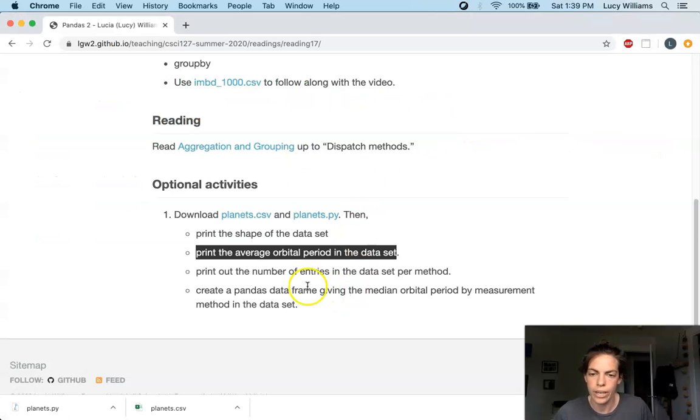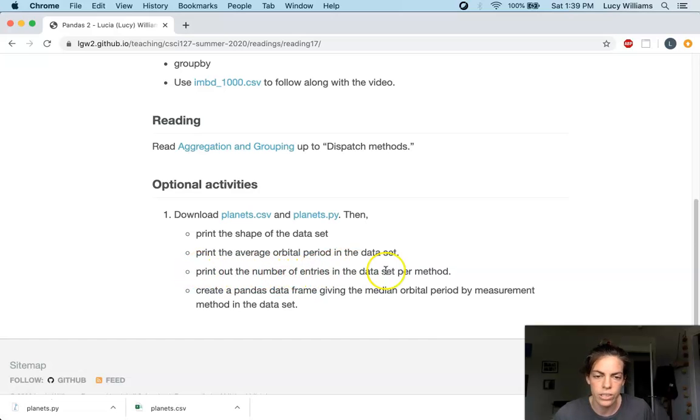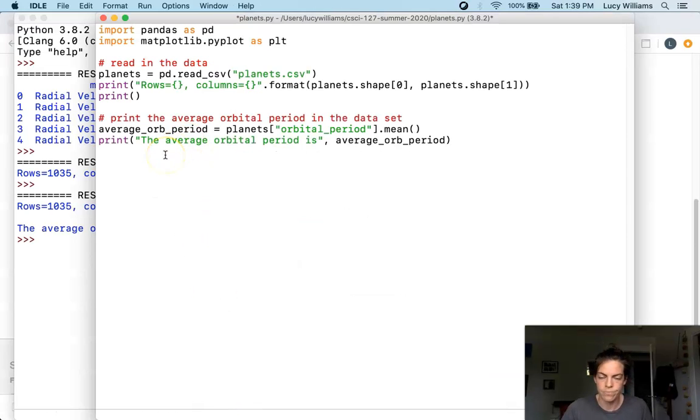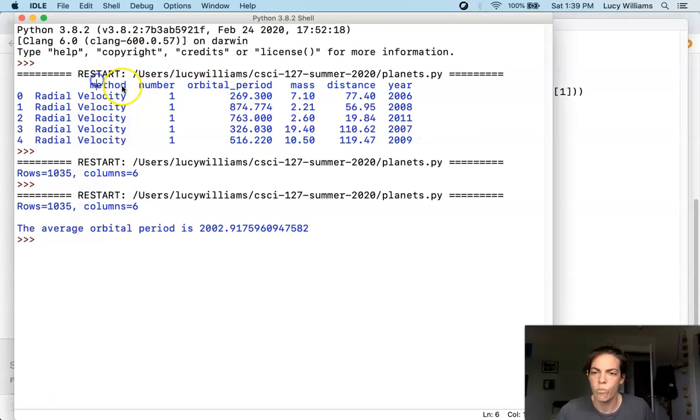What do we need to do next? Print out the number of entries in the dataset per method. So what do we want to do here? First I'll write print out the number of entries per method. So what do I want here? We see that there's this method column,